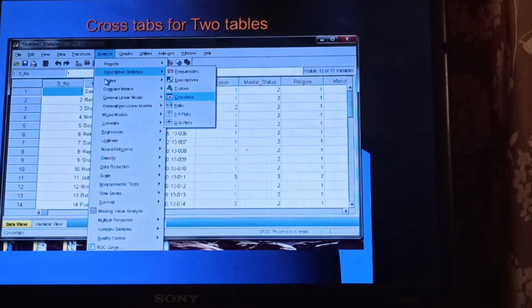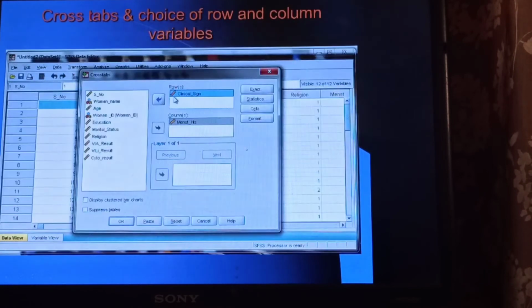Now I'll go to cross tabulations. I want two by two tables. So instead of frequencies, I select cross tables. Then you have got two windows here, rows and columns. Which variable you want in the row and which variable you want in the columns.